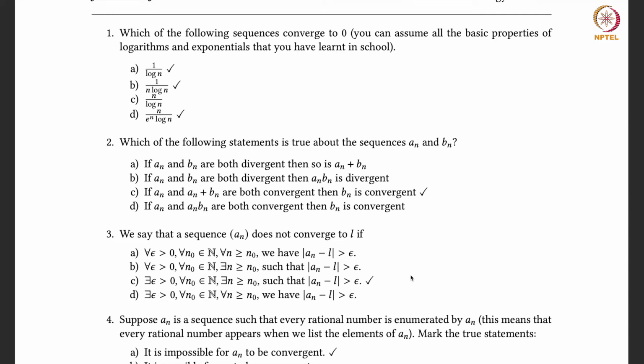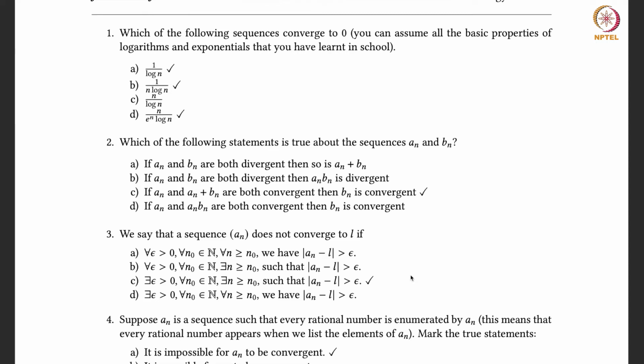This actually does not converge to 0, and it's slightly tricky to figure out why. What you do is the numerator n, you write it as e power log n. So this sequence becomes e power log n by log n. You already know that e power n by n, as n goes to infinity, does not converge. That is one of the things that we have shown in the notes, in the lectures. So similarly, with the same argument, you can show that e power log n by log n also does not go to 0 as n goes to infinity. Here you will have to use the property that log n converges to infinity, or rather diverges to infinity when